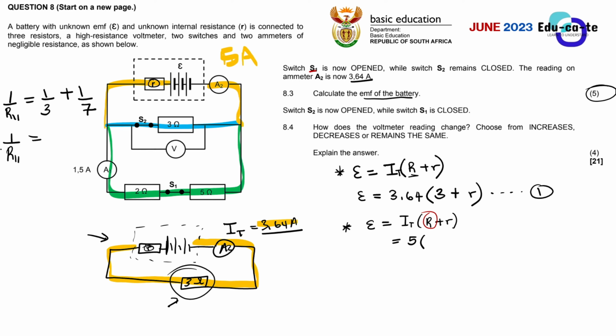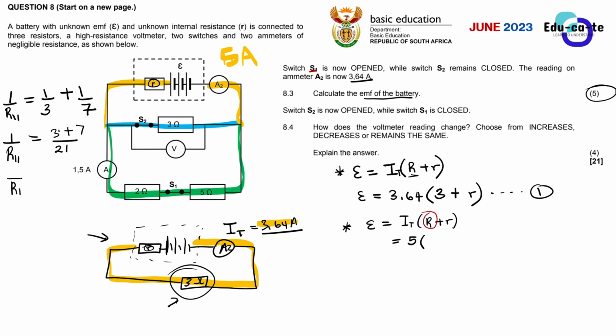You do your maths there. 1 over 3 plus 1 over 7 is going to be what? 7 times 3 is 21, so let's say over 21. Then 7 into 21 is 3, plus 7 into 21, so that's going to be 3 plus 7, and that's going to be 10 over 21. I'm not a maths teacher, by the way. And then the final answer is going to be R parallel.